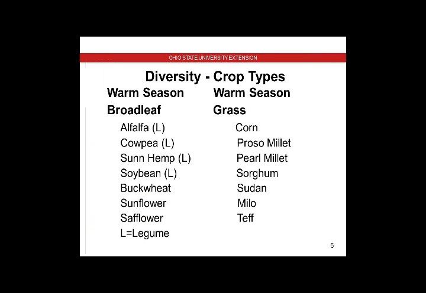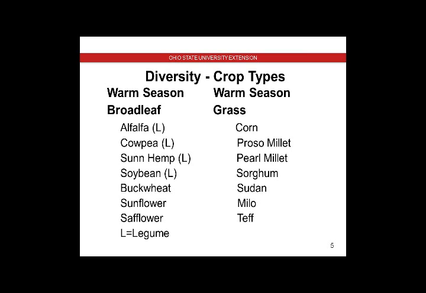All the ones that I have marked on the left-hand side here that have an L, those are legumes. So alfalfa, that would be a perennial. In most cases, there are some alfalfas that are just 1 year, but cowpeas, sun hemp, soybeans, these are all broadleafs. Again, these are all legumes. Most of them are only going to be annuals. They're only going to live 1 year, except for the alfalfa, which could live a little longer.